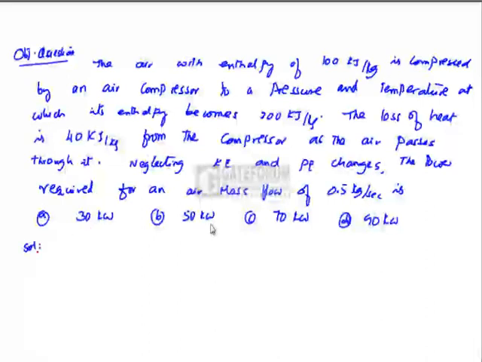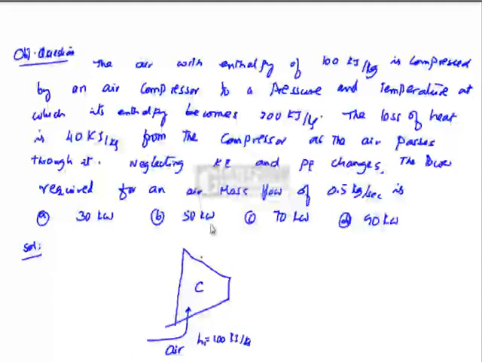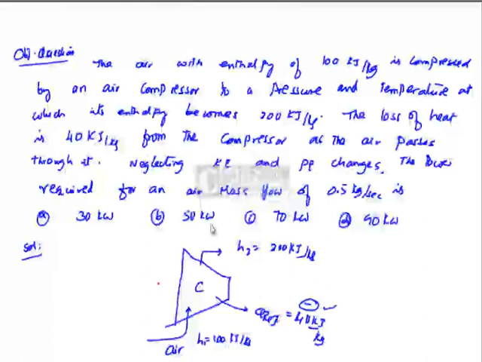The solution to this problem could be given as follows. It is the compressor. The air is entering with an enthalpy H1 of 100 kilojoule per kg. Air is leaving with exit enthalpy H2 of 200 kilojoule per kg. There is heat rejection of 40 kilojoule per kg, which is taken as negative because heat is rejected from the system. The sign should be negative. Let us calculate